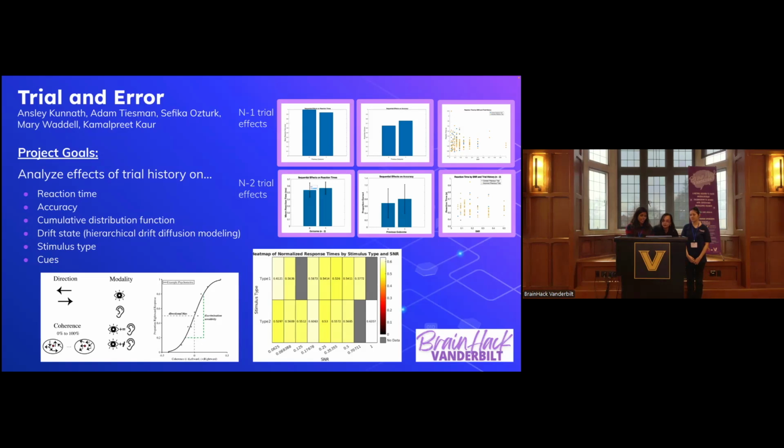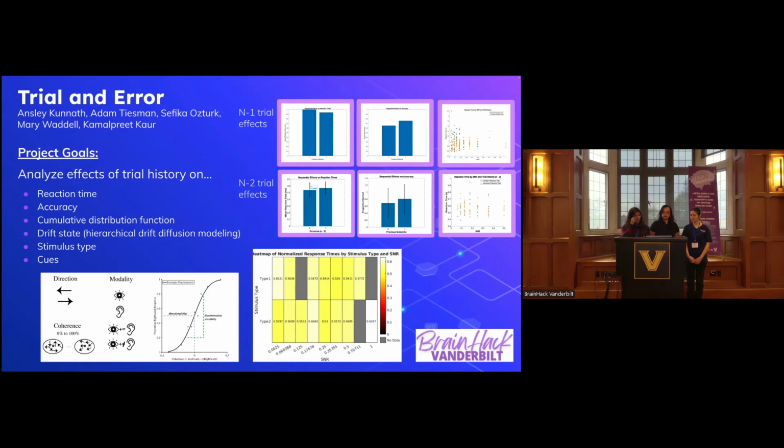So as an example, one experiment that we used was a data set that we had from our lab where people were asked to discriminate the direction of motion in either an auditory condition or visual condition. So for the visual ones, there's a random dot kinematogram, or just a bunch of dots on the screen that'll either be moving left or right. And for the auditory condition, it's a similar thing where there's a noise burst that either moves to the left